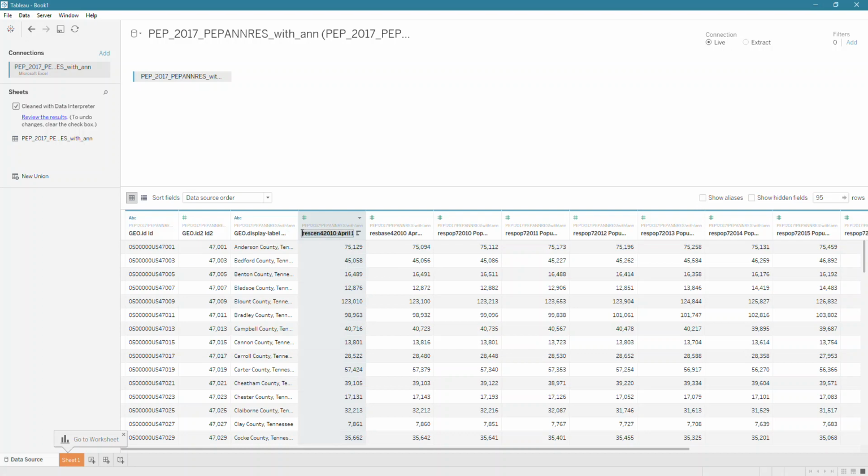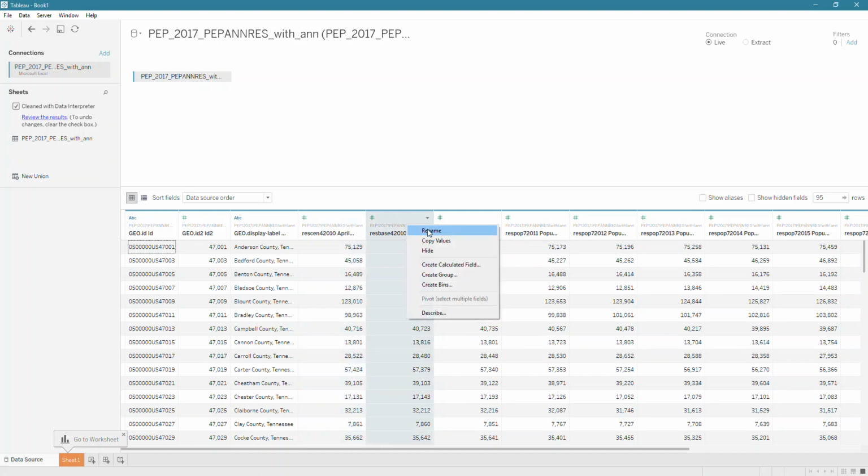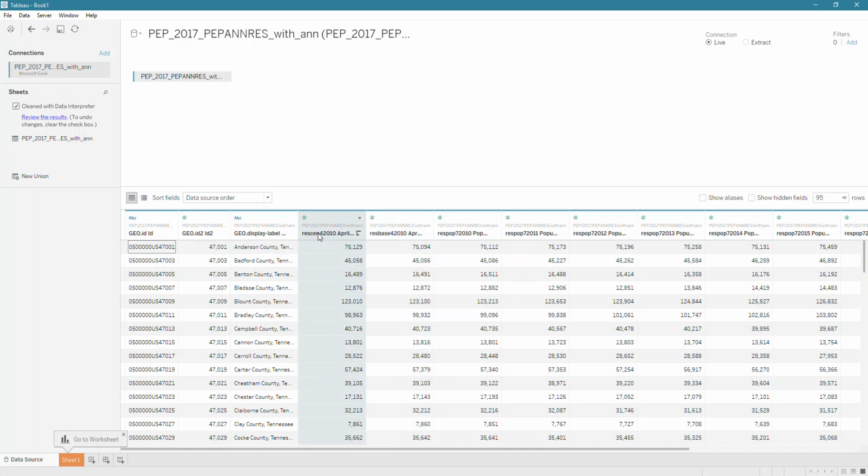So this, it looks like it's the 2010 census, and this is the 2010 population estimate, so forth and so on. So first off, as we look across, it looks like we should rename these fields. So you can actually just double click into the name of the field, or you can just hit right click and rename. So it's kind of difficult to see what these names are. So first off,